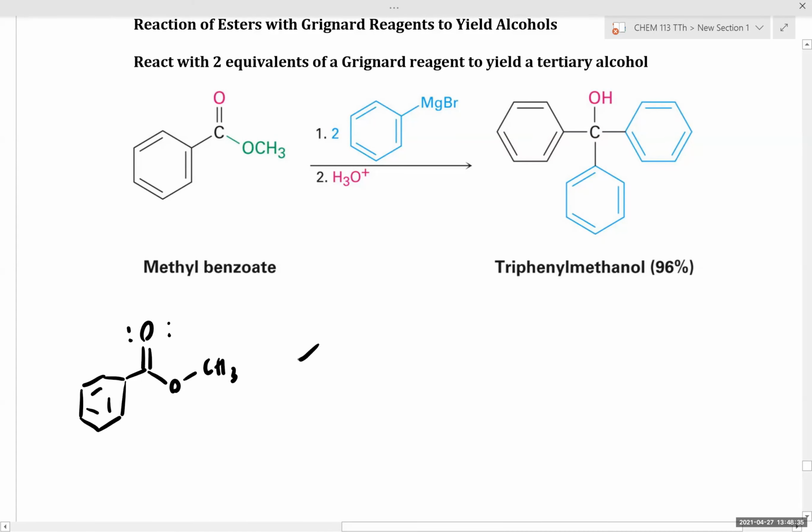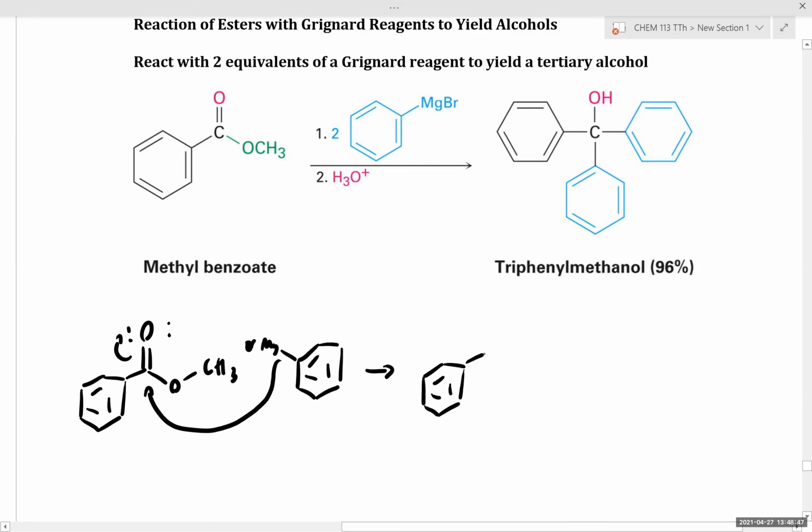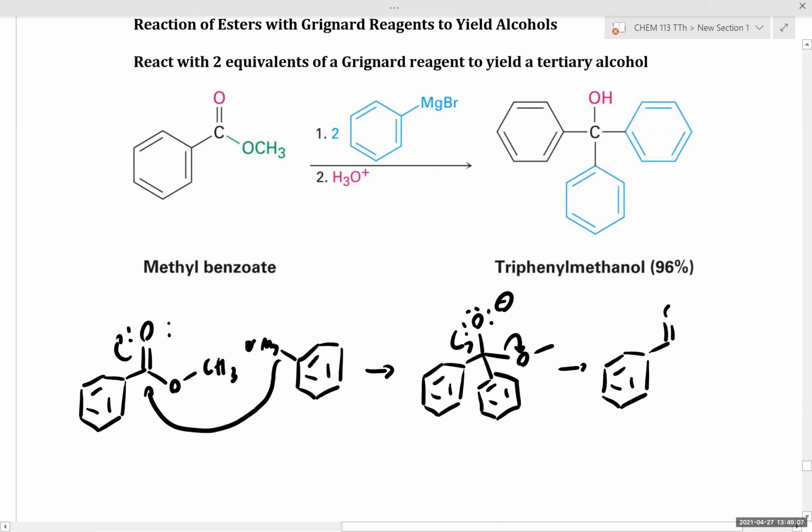if we have an ester, your first equivalent of Grignard will attack the ester carbonyl carbon, and this gives us a tetrahedral intermediate. Now, we will never kick out this alkyl group. Carbon anions are terrible leaving groups. So instead, we kick out our alkoxy group. This gives us